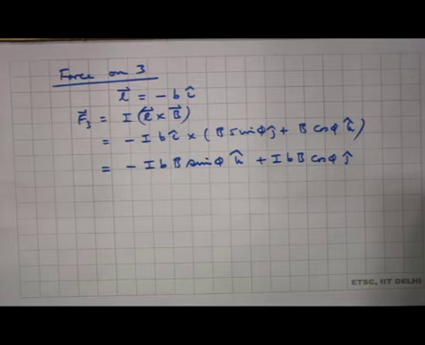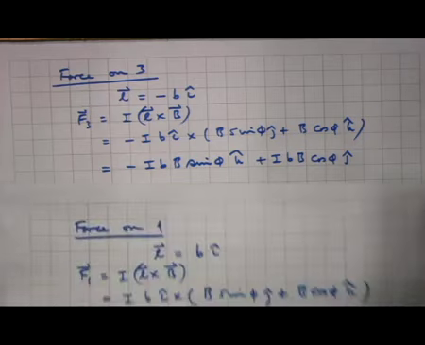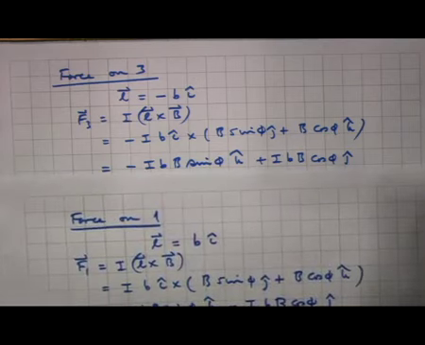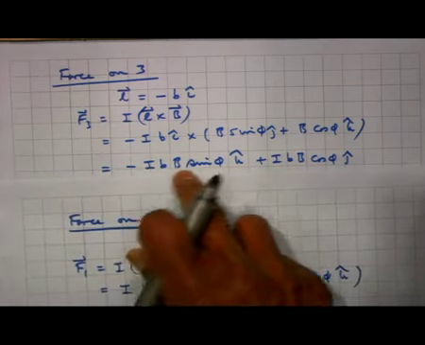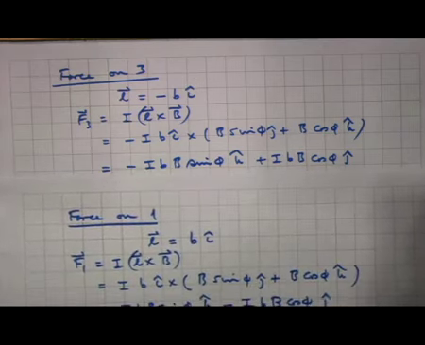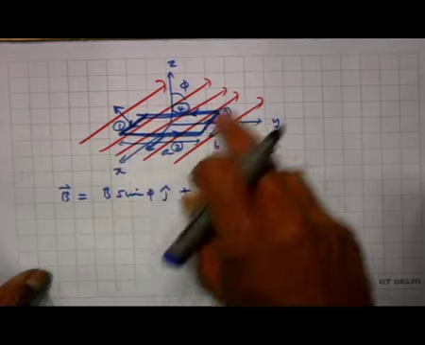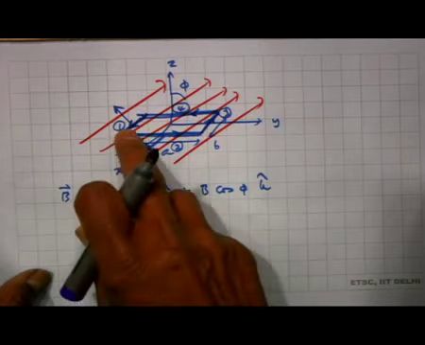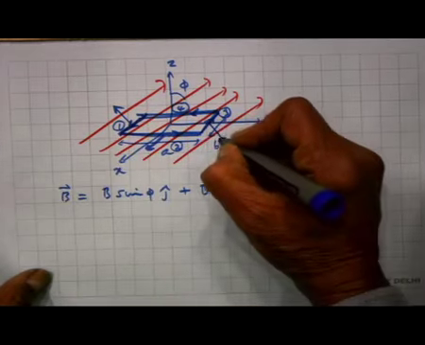Now, it is interesting to note that this force is exactly minus of this force. This is I b b sin phi k cap, this is minus I b b sin phi k cap, it is minus I b b cos phi j cap plus I b b cos phi j cap. So, this force is exactly opposite of this force, and that is expected because this current carrying conductor is parallel to this current carrying conductor and the current is flowing in the opposite direction. So, if this force is acting like this, the force on this must be like this